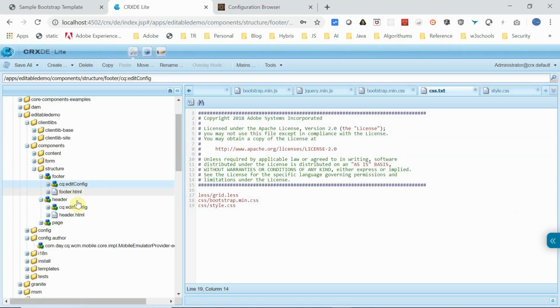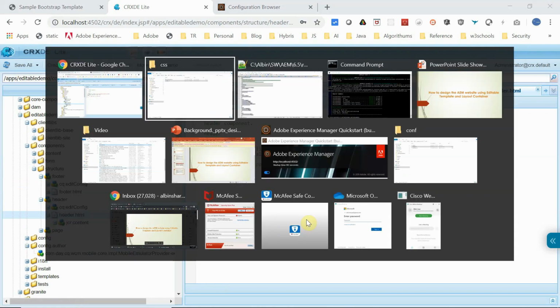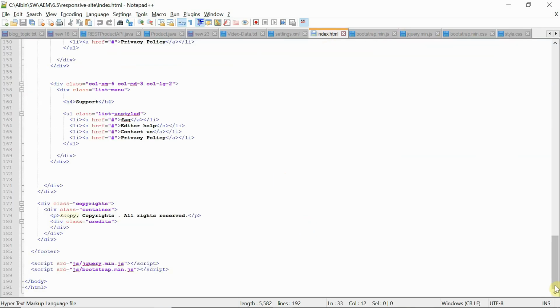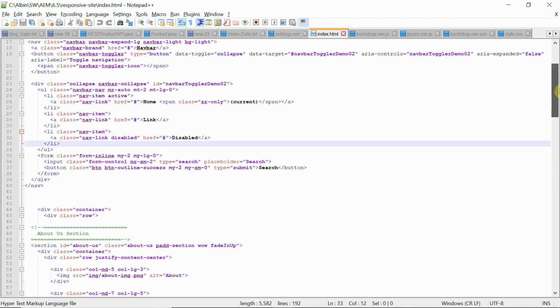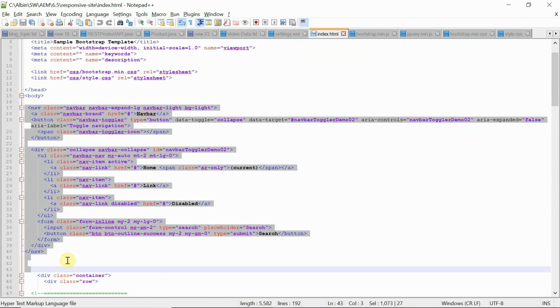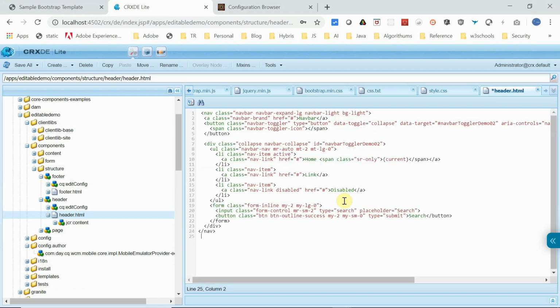So now what we need to do is put that HTML whatever required. For that I will go to this edit.html index.html file. This is the HTML we are going to design in the AEM. So here you can see there is a navigation defined. This is the section that provides the navigation. I just copy this and put it in this header.html. This is fine.